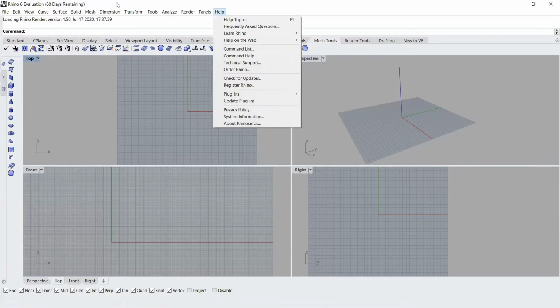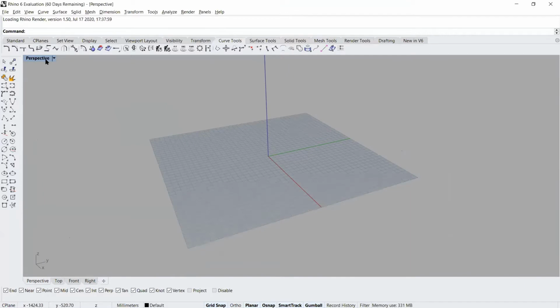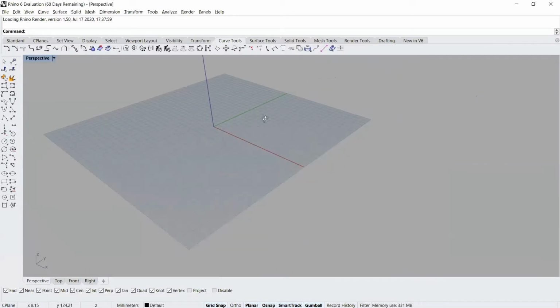Also, there's an option for help in which you can find basic Learn Rhino tutorials, and I highly encourage you all after this session to go through these tutorials, which would give you a detailed introduction to how the Rhino 6 interface works. But for today, since we have limited time, I would just show you how to make simple points, curves, and surfaces in Rhino, and then we will quickly move on to Grasshopper, which is our main focus for today. So for now, I will just maximize this perspective screen.